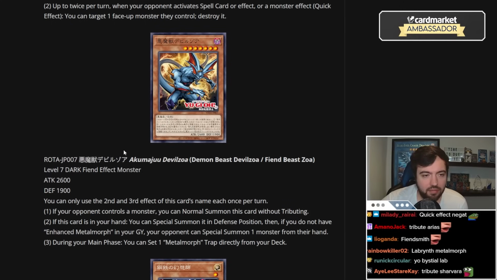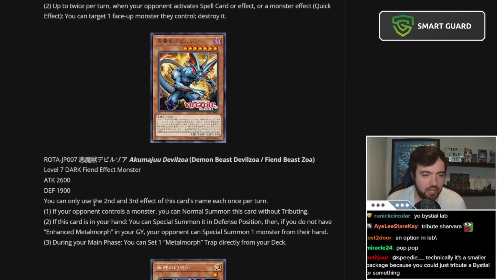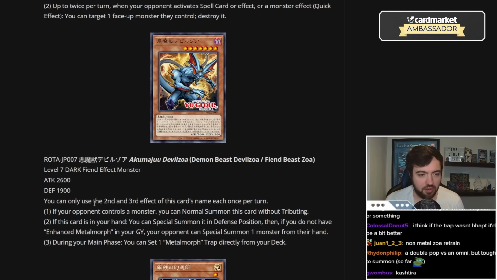And then we have Fiend Beast Zoa. You can only use the second and third effect of this card's name each once per turn. If your opponent controls a monster, you can normal summon this card without tributing. If this card is in your hand, you can special summon it in defense position. Then, if you do not have enhanced Metalmorph in your grave, your opponent can special summon one monster from their hand. During your main phase, you can set a Metalmorph trap directly from your deck. Okay, so